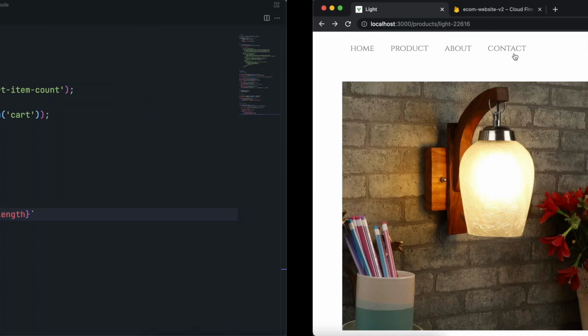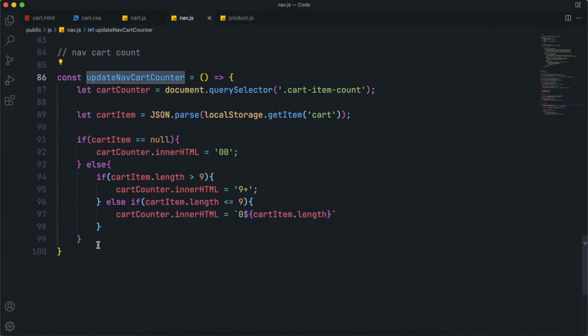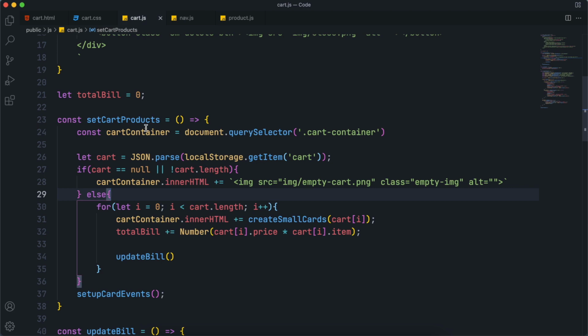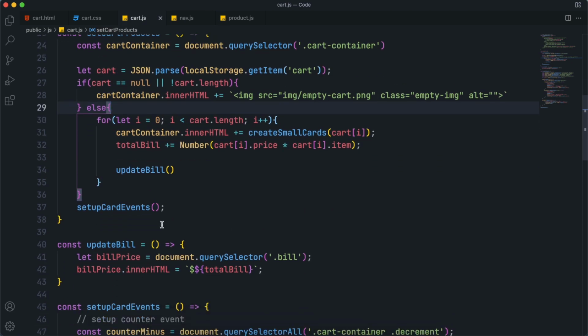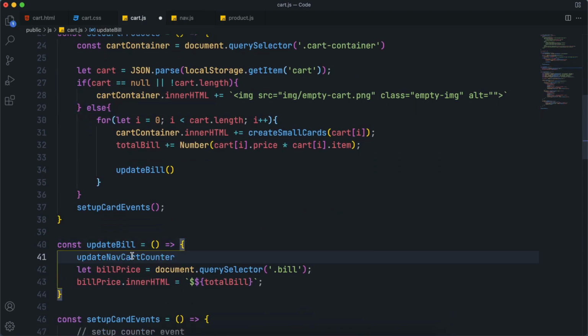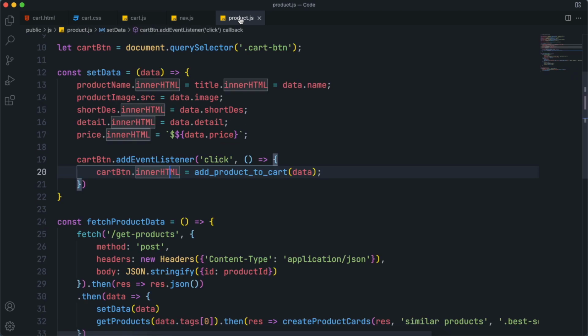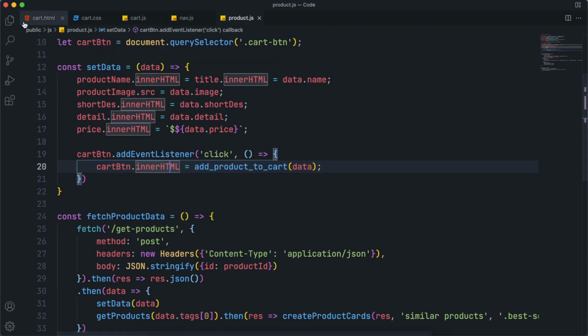Of course it will not work, we have to call this function. So at the very bottom, call this updateNavCartCounter, and also call this function inside updateBill. Basically updateBill will be called every time we delete or add any product, so place that function there.